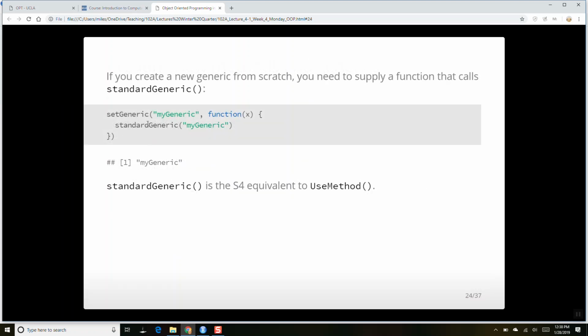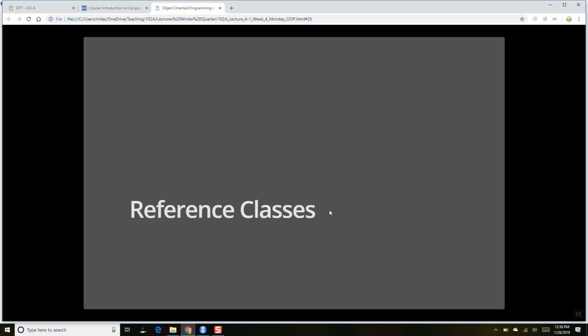Okay, and so standard generic is very much like use method. But again, this is about my extent of S4 knowledge, just because I don't really use it in my day-to-day. But you might encounter it when you're using a certain package. So just wanted to give you guys some exposure to it.